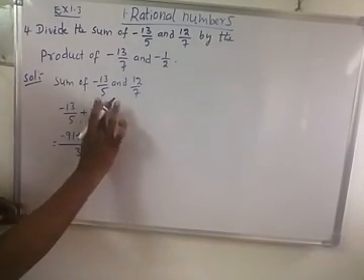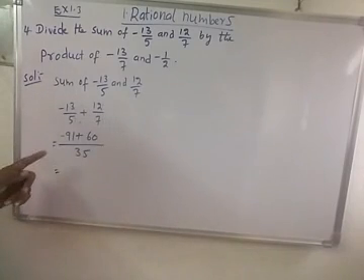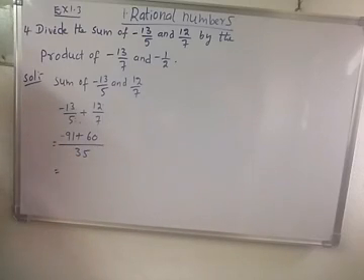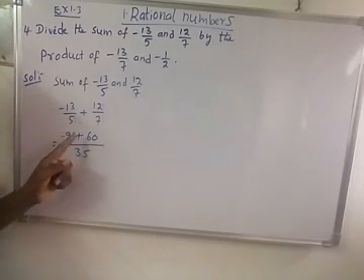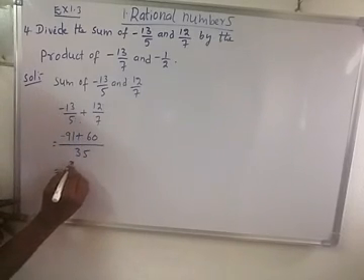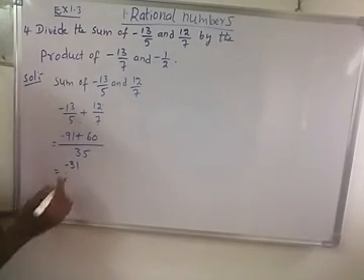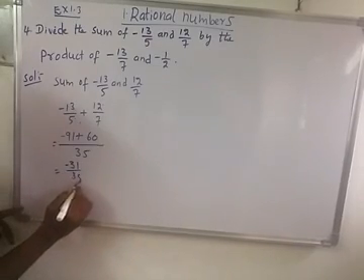Now minus 91 plus 60. 91 has which sign? Negative sign. 60 has which sign? Positive sign. So both have different signs, then we subtract the smaller number from the bigger number. The bigger number is 91, so taking 60 out of 91 gives 31. But the bigger number has which sign? Negative, so we put the negative sign. That is minus 31 by 35.